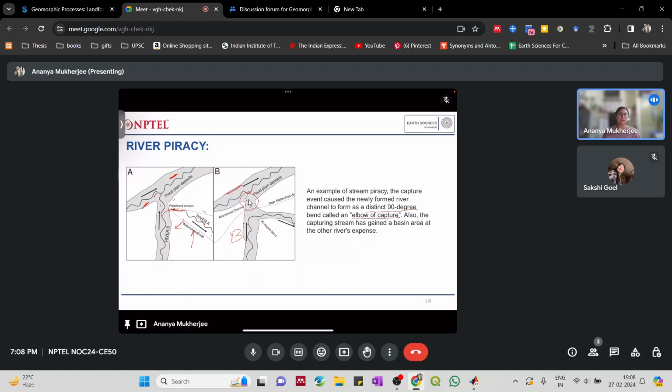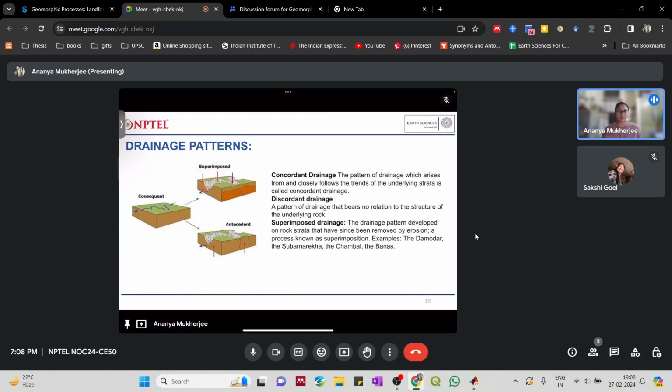So river piracy is profitable for one drainage system, but it can negatively impact the other drainage basin. So river piracy, as well as what we had discussed before about the different kinds of morphometric analysis of drainage basins, actually helps us in understanding the different drainage patterns that can be formed with time, and drainage patterns themselves are a part of the... So drainage patterns